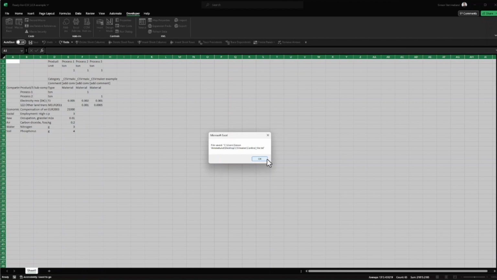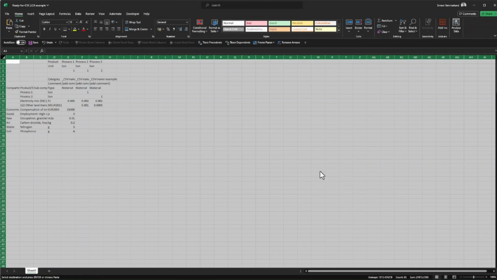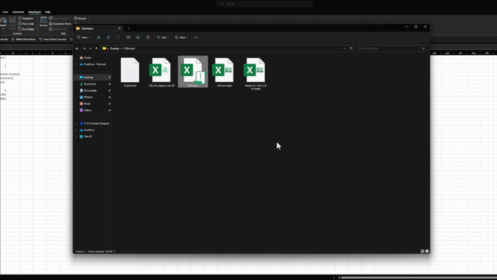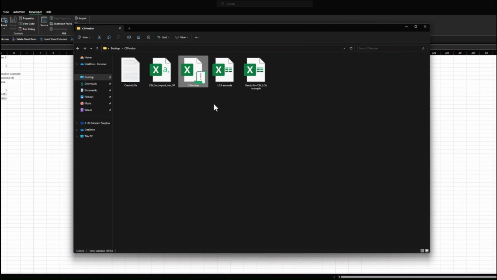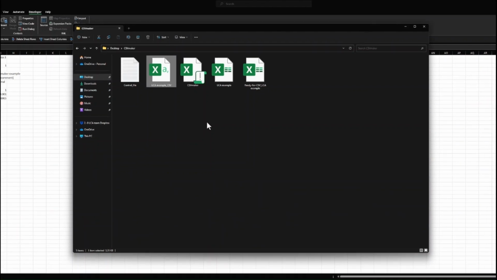You can keep it for your own record or delete it, as it is not needed for importing into CIMA Pro. Note that the CSV files created with the CSV Maker always have the same name. It is therefore recommended to change the file name. Otherwise, the file will be replaced if you create a second CSV file in the same location. Now you are ready to import your data into CIMA Pro.